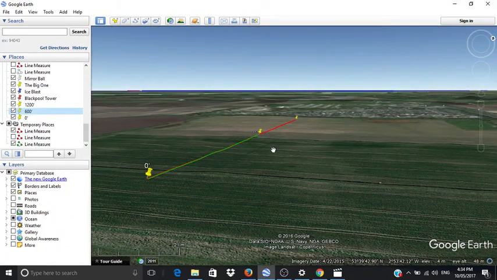Pay attention to how long the red line and the green line appear. The distance between this marker and this marker, in other words, the length of the red line, is the same as this marker and this marker. They're both the same distance, yet the red line appears a lot shorter than the green line. So changing the orientation of a camera can and does change the relative angle between objects. So Ranty's attempt to say it makes no difference how you orient the camera is incorrect.